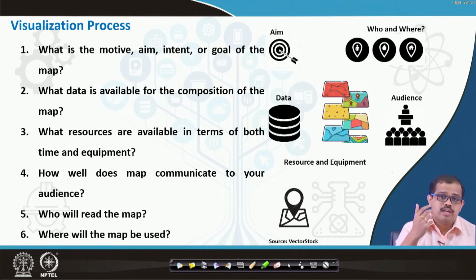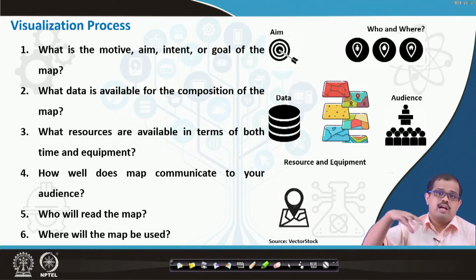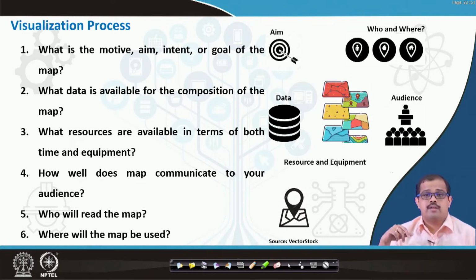If I am trying to look at the academic audience who understands every aspect of this particular research, I don't need to put them in every aspect. I don't need to communicate to them what is an airport or what is a house, but I need to communicate to them the output of whatever I have done as far as urbanization is concerned. So that is where the intent and what is required for the audience will meet in two different contexts. Okay, then who will read your map, who will use your map?